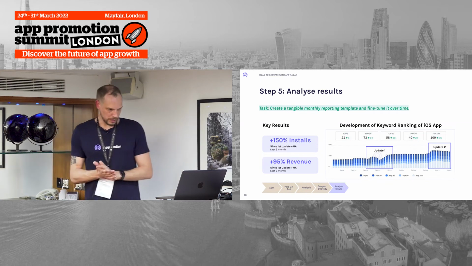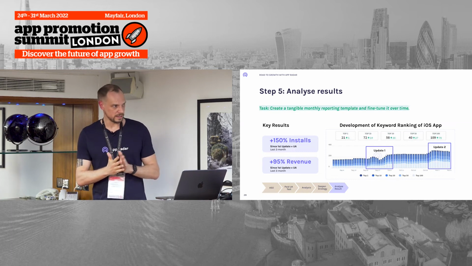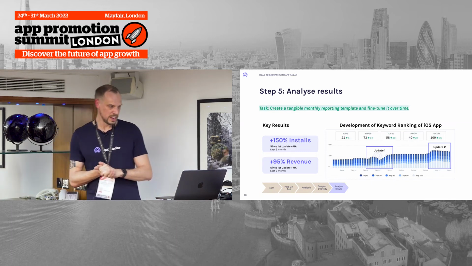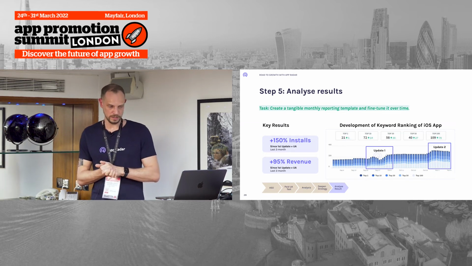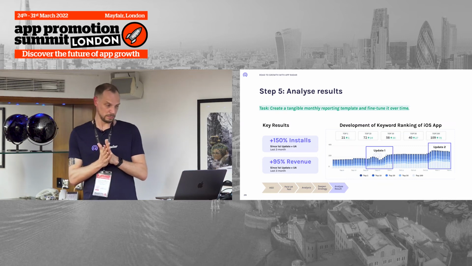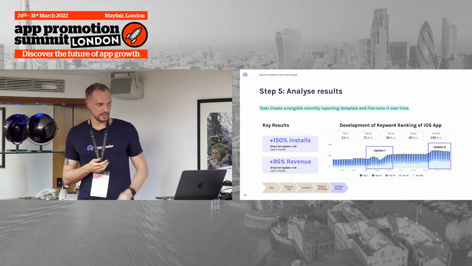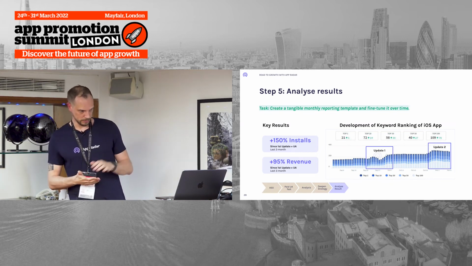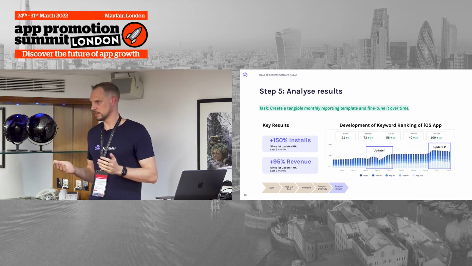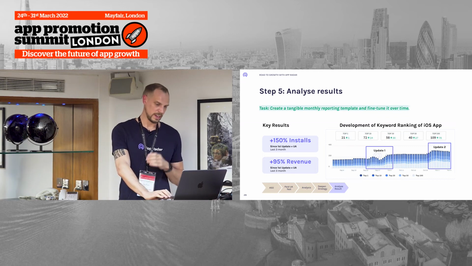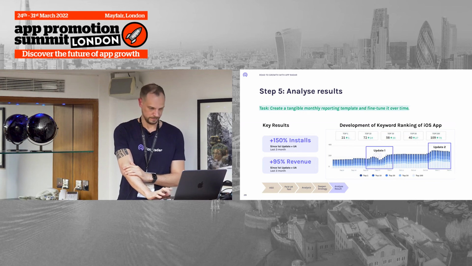This is, for example, how a very high-level report in this case could look like. On the right-hand side, it is a case for one of our customers where we have been able to, in less than 3 months, double the revenue and get 150% more installs by exactly applying this tactic. And what we can see on the right-hand side is really the organic visibility within the app stores, split up over different keyword ranking positions, and as we can see here, there was really good growth in the background, and the app was, I would say, mainly carried nowadays through the organic channel.